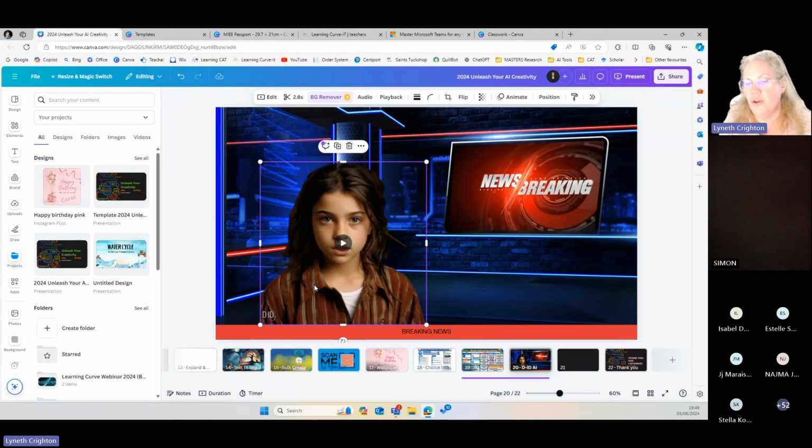Of course, you need to know your facts so that you can check your script. They created the script in ChatGPT, and then in Canva, they created it by putting this character in, and then they dropped in photos or video clips. I'm going to just hopefully play the person that is on the screen.